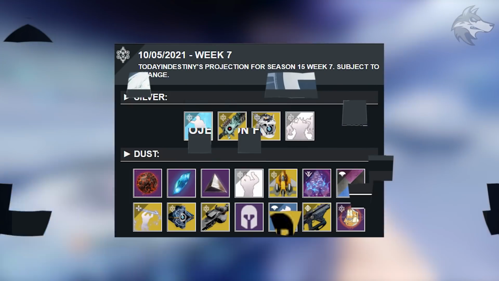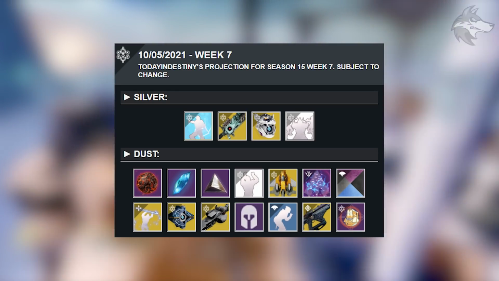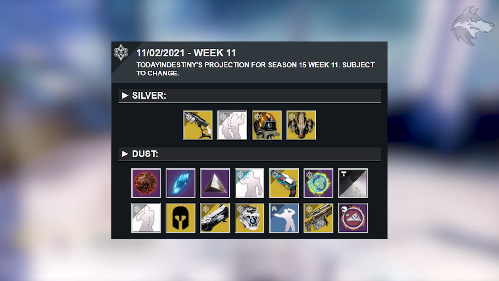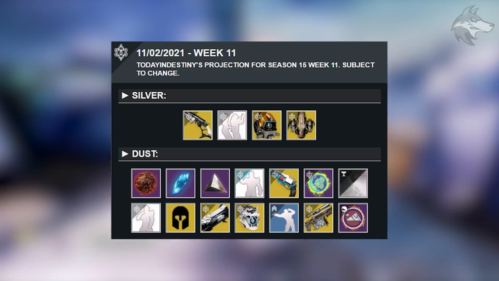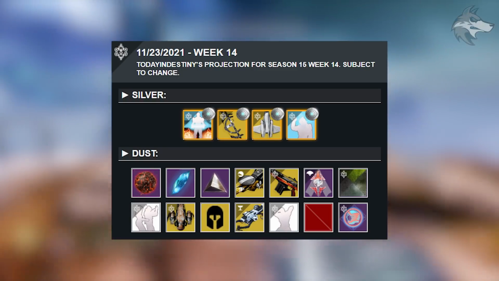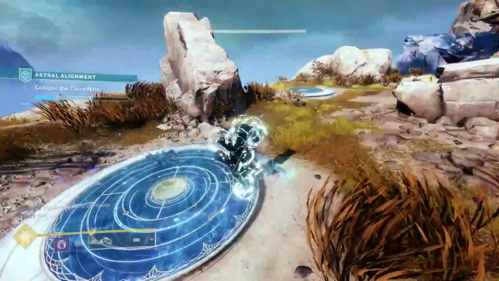However, on week 7, the 5th of October, we're going to see the Pragmat Powerhouse exotic sparrow sold for Bright Dust. On week 11, the 2nd of November, we'll see the Drat and Blast emote sold. And finally, on week 14, which is the 23rd of November, we're going to see the Western Front ornament for the Monte Carlo. So a bit more of a wait for that one, but again, they will eventually come out